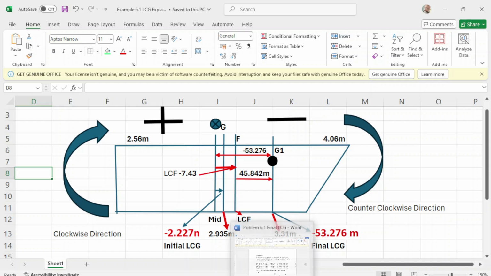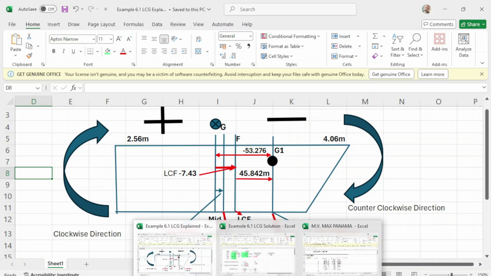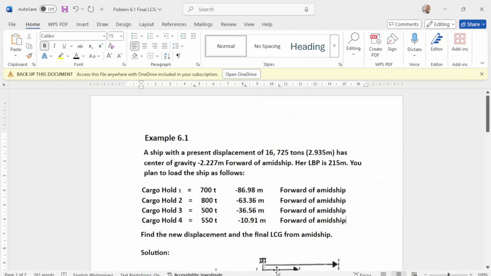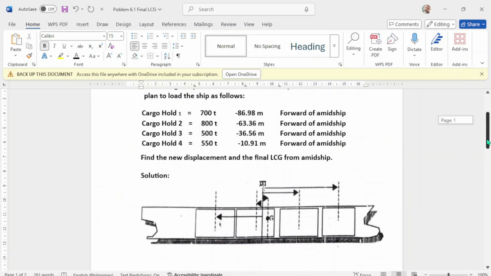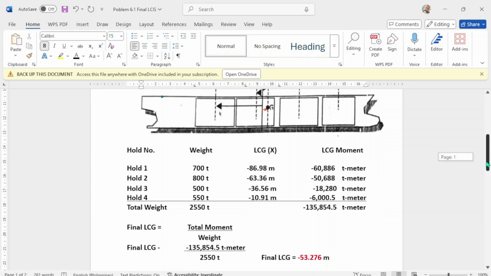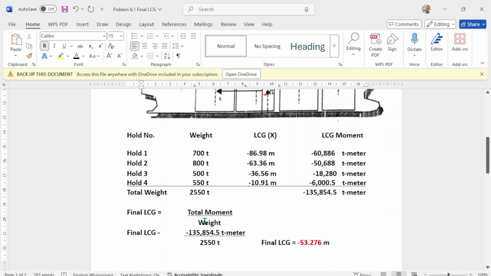Then you add all the LCG moments, you have all your cargo, and to get the final LCG, meaning the new LCG, it is the total moment, which is this one, over the total weight.